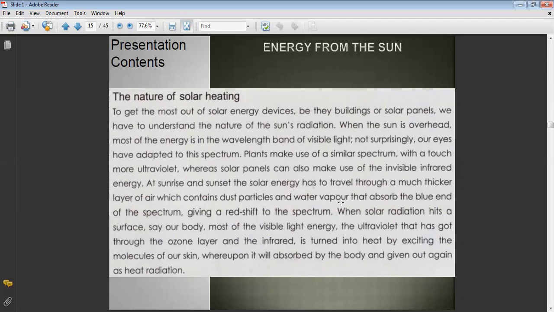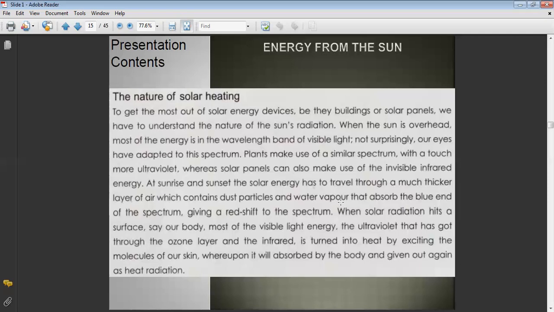Okay. So which contains dust particles. Obviously it has to travel more, so with the dust particles and water vapor that absorb the blue end of the spectrum, giving a red shift to the spectrum. So at dusk and dawn time, when we see that there is a red band close to the earth's surface, that is because of this, because most of the blue spectrum has been absorbed. So when solar radiation hits the surface, most of the visible light energy,